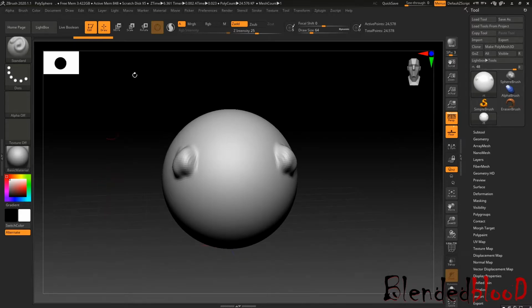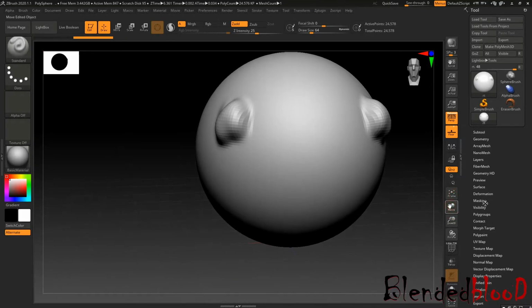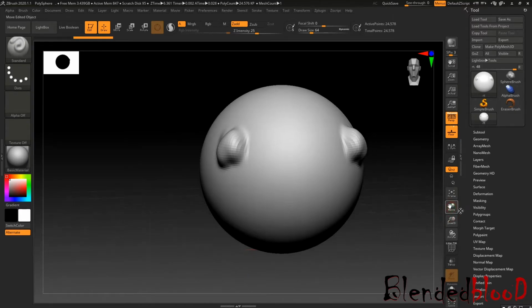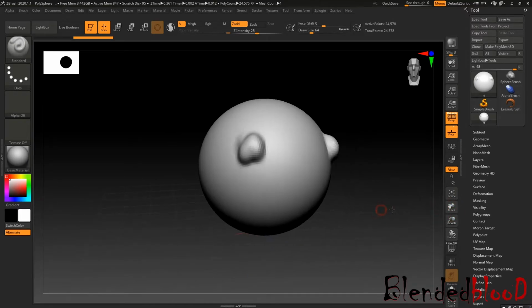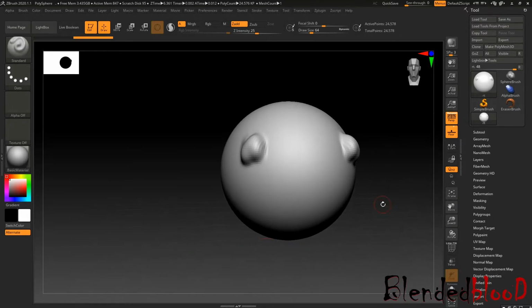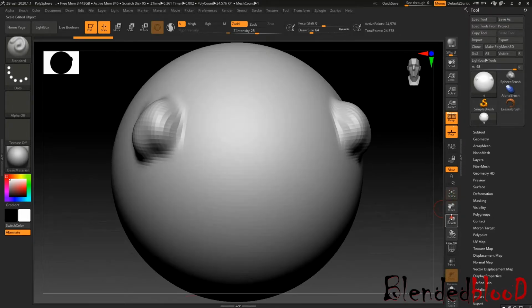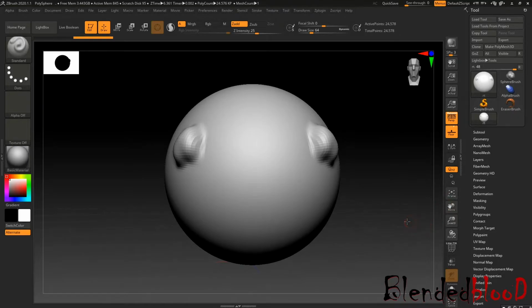Now come to the brush thing, which will be the initial use, the main thing which we are going to use. See, this ZBrush is kind of digital sculpting software. Why do we call it digital sculpting?